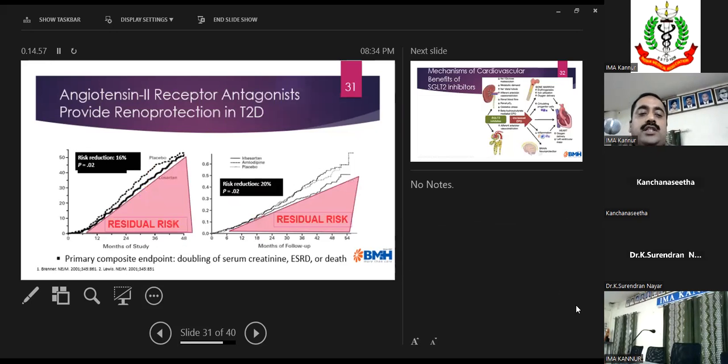And angiotensin receptor blockers. There have been a lot of studies worldwide showing that ACE inhibitors considerably reduce proteinuria and progression of CKD. ACE inhibitor is a double-edged sword. The problem is that the minute you start an ACE inhibitor, there is a mild probability of rising creatinine. So many times the patient walks in, we start ACEs or ARBs, then the creatinine rises, and the patient will be unhappy. The patient will feel that after seeing you, there is a rising creatinine. Yes, up to a 30% rise in creatinine is acceptable when you start an ACE inhibitor or ARB. But the long-term benefit of ACEs and ARBs, where they reduce the proteinuria and reduce progression to end-stage renal disease, has to be explained in the first instance itself.